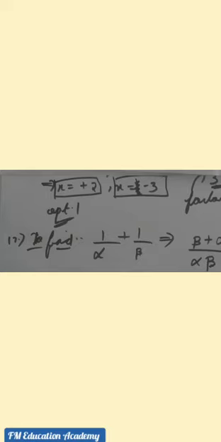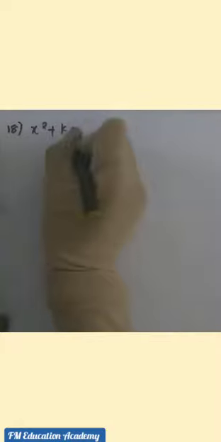Moving on to 18th question. If x square plus kx plus 1 is equals to 0 has the root x is equals to 1, then what is the value of k? Okay, very easy. It is telling already that x is 1. If x is 1, in place of x you have to substitute 1 and find out the value of k easily. 18th question. It's given x square plus kx plus 1 is equals to 0, and it is given that x is equals to 1.